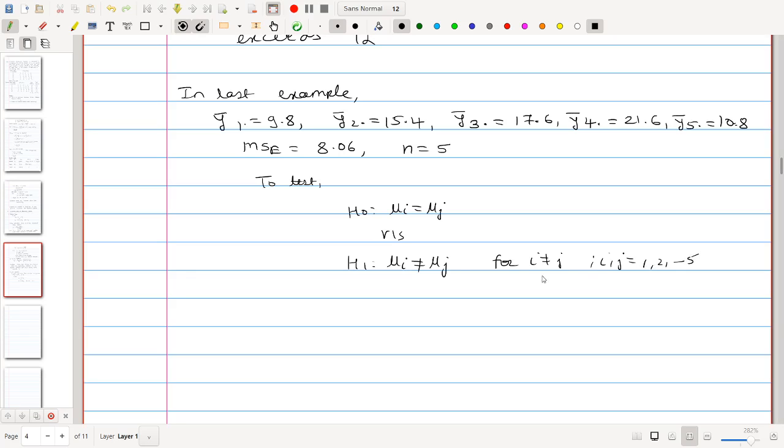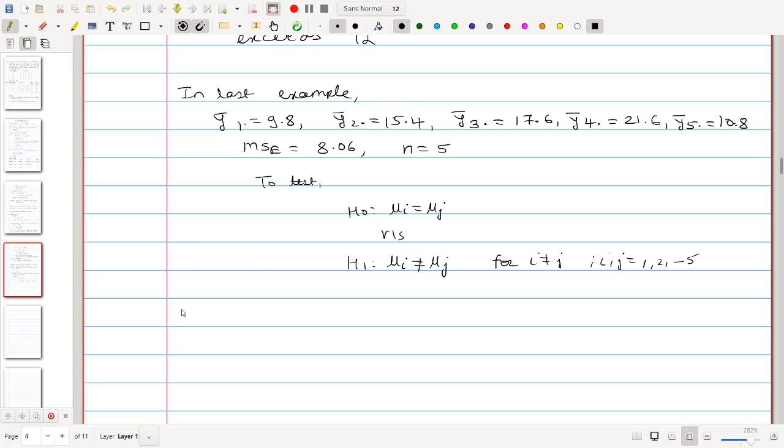So there are 5 treatments, and we want pairwise comparisons. So there will be 10 pairs: 1 2, 1 3, 1 4, 1 5, 2 3, 2 4, 2 5, 3 4, 3 5 and 4 5. These 10 pairs will be there. So to test this hypothesis,